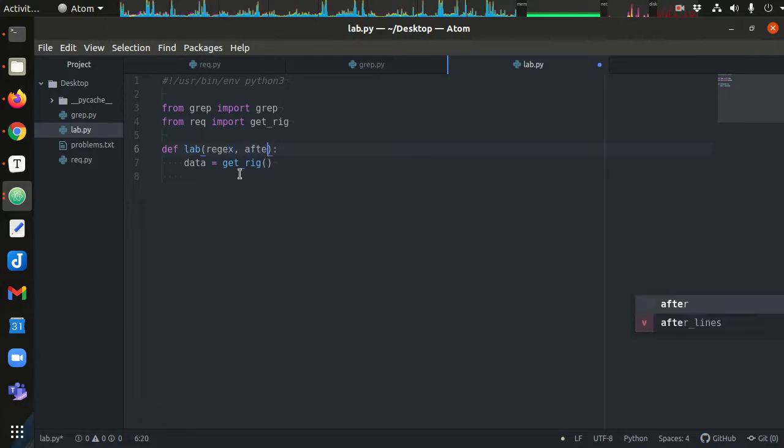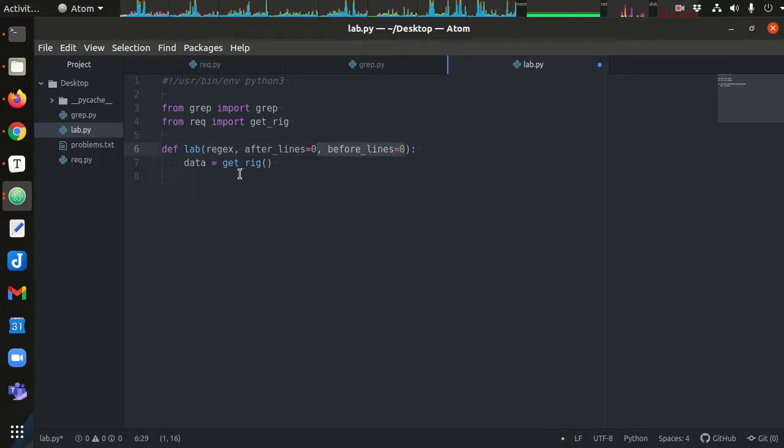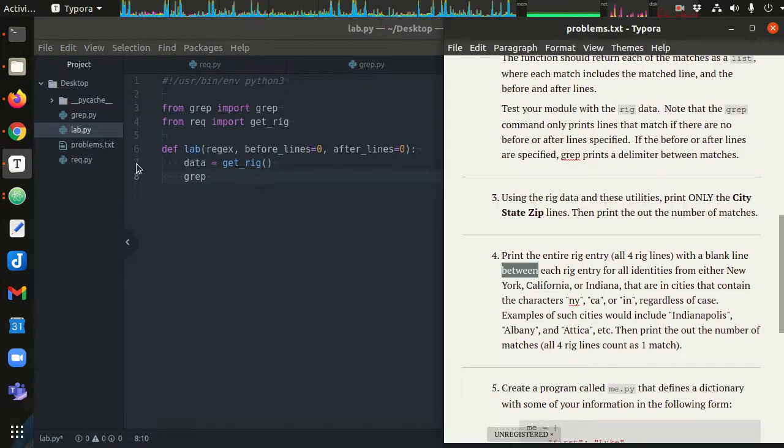And then after lines. I think I have that switched. Before lines and then after lines. That would make more sense. Before lines, then after lines. So we get our data, and then we can call grep. So most of these problems here,